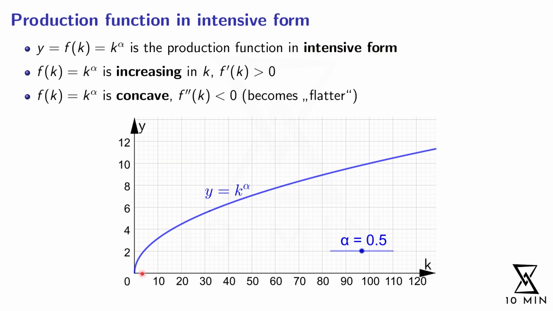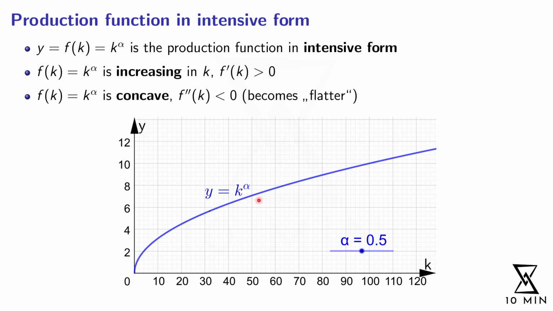So what happens now if the capital per person increases, so if we move to the right in this diagram? What does it actually mean if we increase the capital per person? In the end, capital per person means you're looking at one person, so you kind of hold the amount of labor equal to 1 and just increase the amount of capital that this one person has. And now we remember the property of the positive but diminishing marginal product of capital, meaning if we hold labor constant, here equal to 1, and increase the amount of capital, then we have a positive marginal product of capital, meaning if you have more capital per person, then also the income per person goes up.